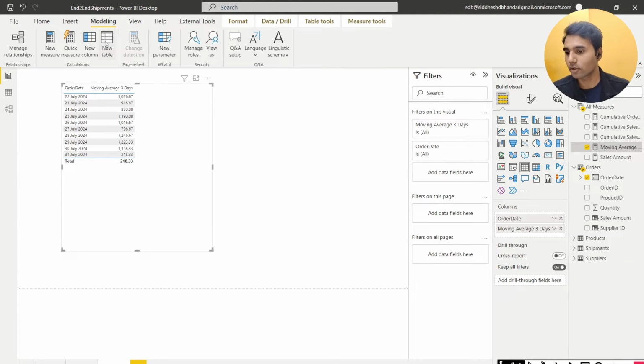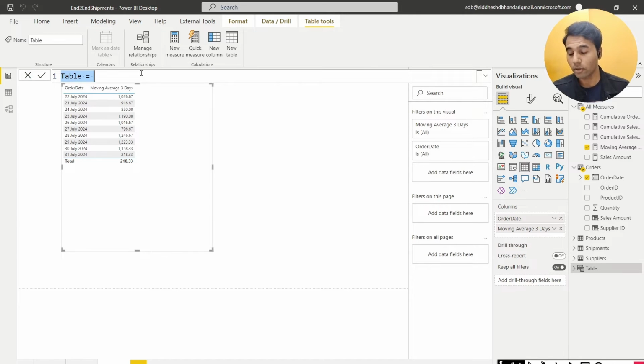So what we are going to do is we will create a new table so that for each order date we are going to aggregate the sales and then try and calculate the moving average. So I will call it sales per day is equal to